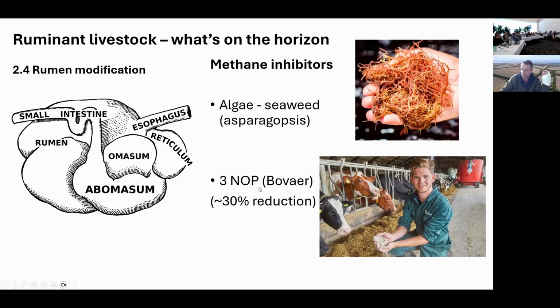Just to highlight this one, there are some papers that say you get a 90% reduction in it. Some papers say that you get a 5 to 10% reduction in it. Richard's suggesting to me that probably overall it'll be about 30% is what the crediting will be for using something like that. But it's available on the market at the moment. And I do know some feedlots that are starting to use it and doing trials on it.